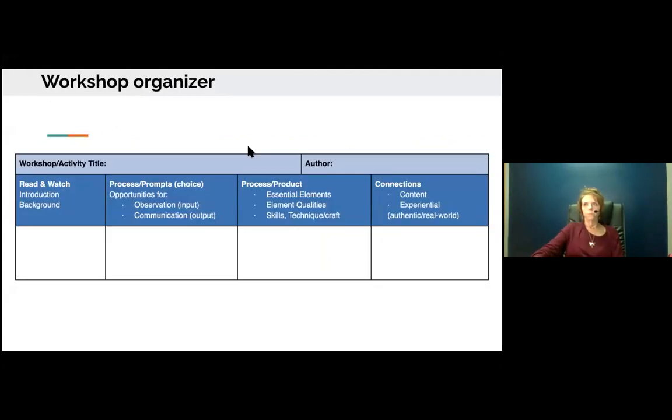So the elements are key. This third column in the documents I'll share at the end of this, and then leading into Lisa's workshop, the essential elements is where you're naming line, form, shape, color, body, energy, space, time. And that's how a 6th grade science teacher can objectively assess an art project. So if they're looking at a comic, those are the tools that they're using. And Lisa's going to go a lot deeper into this.